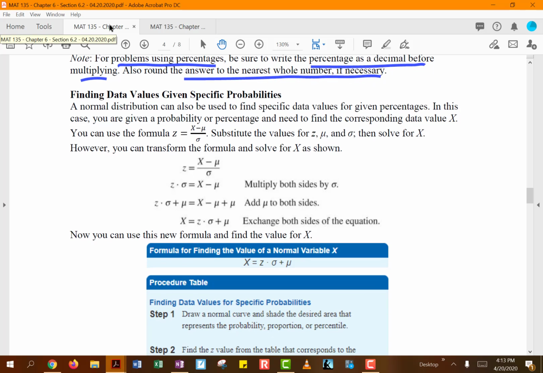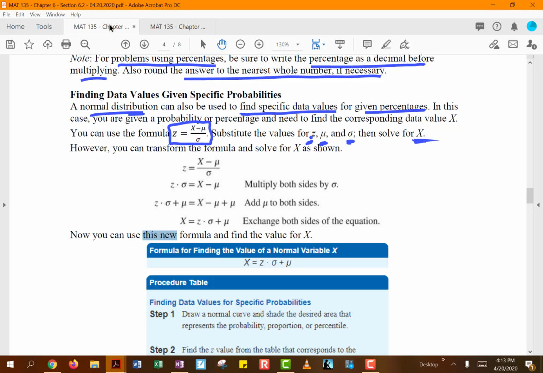Alrighty. Now let's see what happens if you are given the percentage or the probability and they are asking you to find the corresponding data value. So they're saying a normal distribution can be used to find the specific data value if you are given the percentages. Okay? So what happens in this case is, if you are given the probability or the percentage and you're finding your data value, we will still use the same formula for our z-score over here, where in this case you will know the z-score, you will know the mean and the standard deviation, but now you are solving